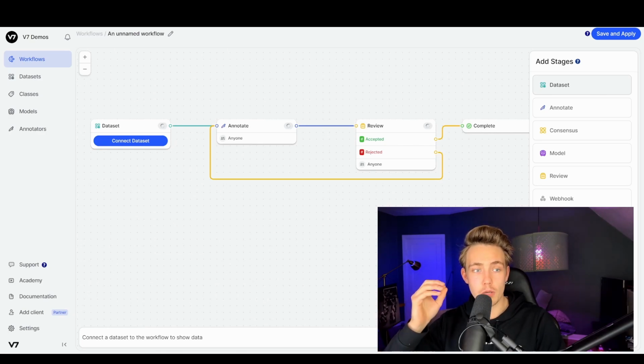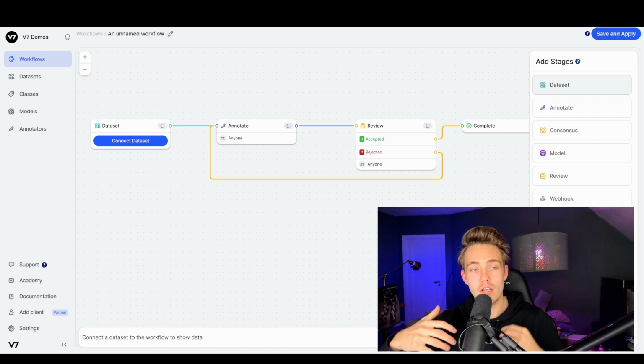So in this video here, we're going to talk about workflows with V7 Labs. This is actually a really cool tool that you can use. I gave an introduction to it in the last video, so I'm going to make this series of videos on how we can actually use V7, because this is a